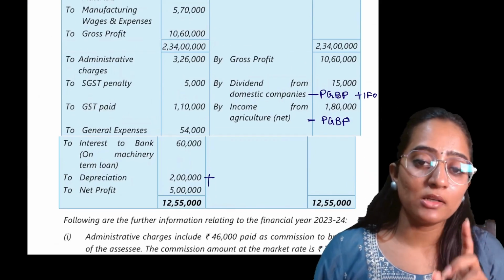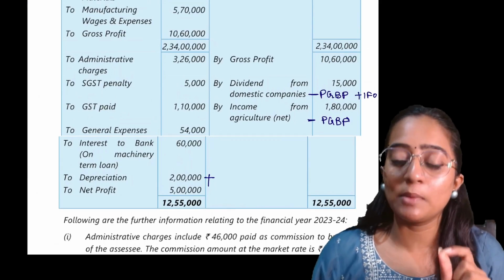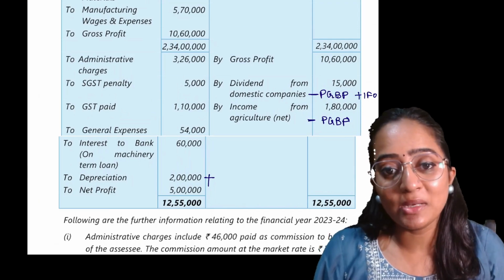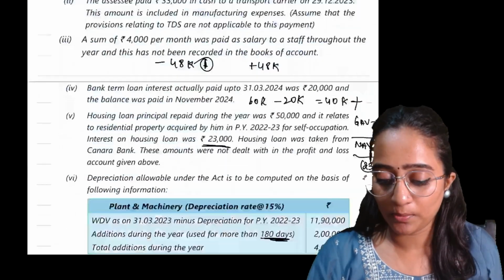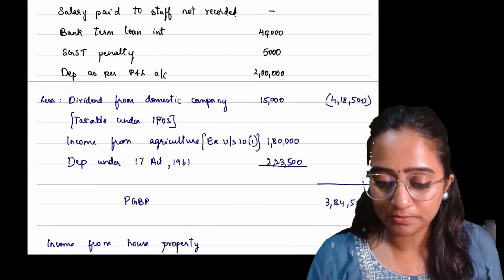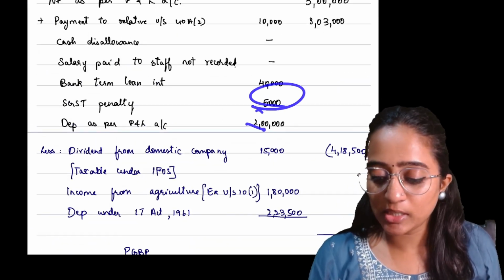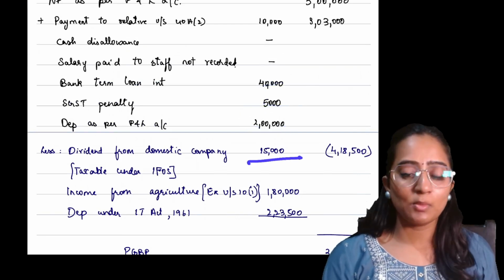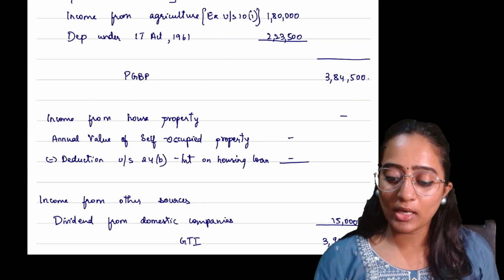If you're going for the penalty for breach of contract, remember that is going to be allowed. If you're paying any penalty for the breach of law, that is not going to be allowed. Clear? Now, depreciation as per P&L account will also be added back. Again, income from the domestic company, you're going to remove it from here and you're going to add it to